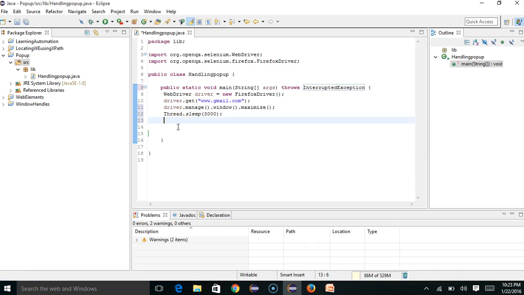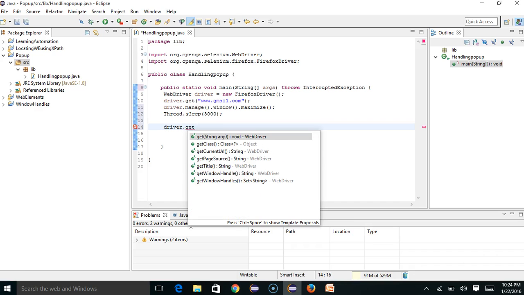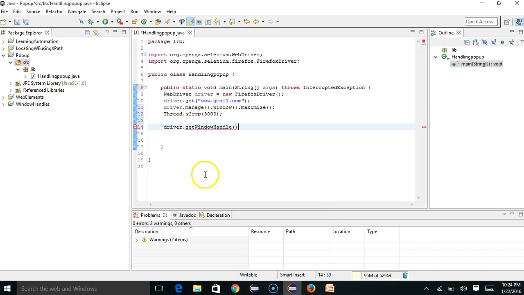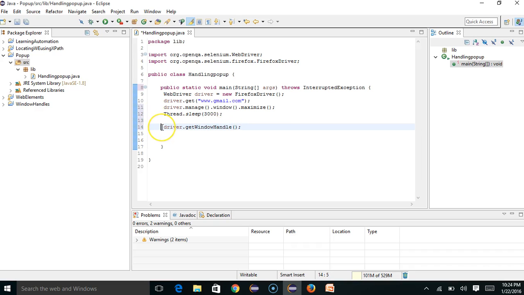Now we want to see what is the handle ID for this, right? So driver dot getWindowHandle, right? So this will return the handle for this main page. What it will return, actually, is a string value. Here you can see. So I'll save this in a string variable,